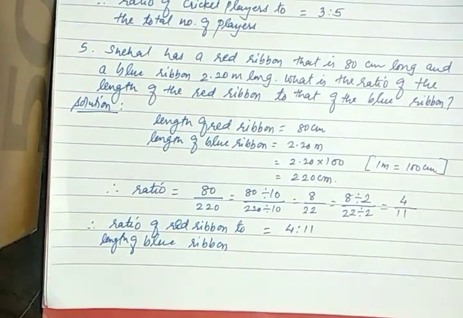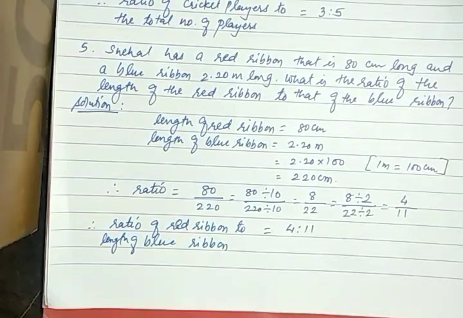So for this practice set 28, that is all. The sixth sum we have omitted, so we will not do it. We have completed practice set 28 today, and you have to note down these sums and revise all of them again. Your homework is practice set 28 to be revised again. Thank you, students.